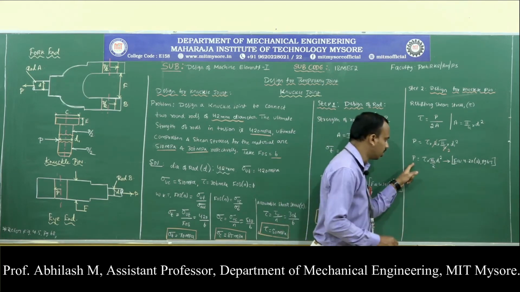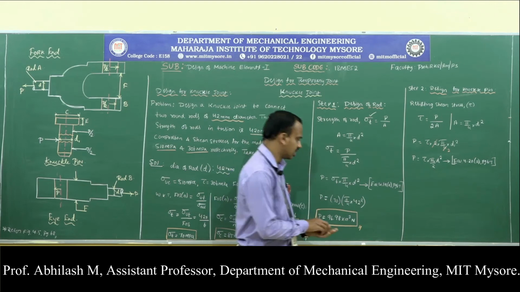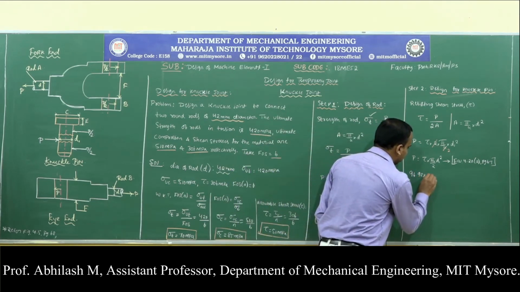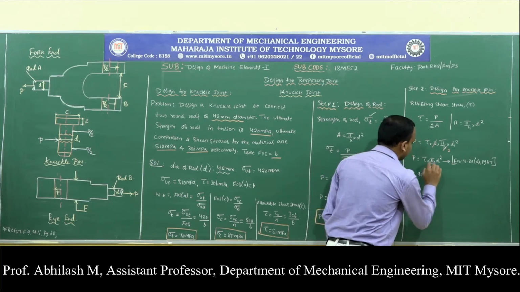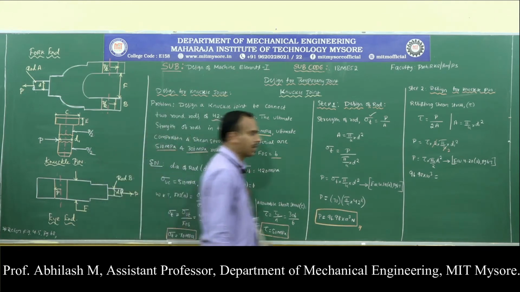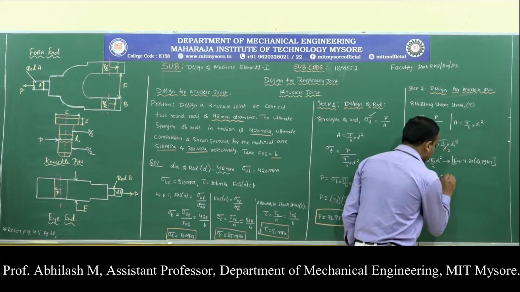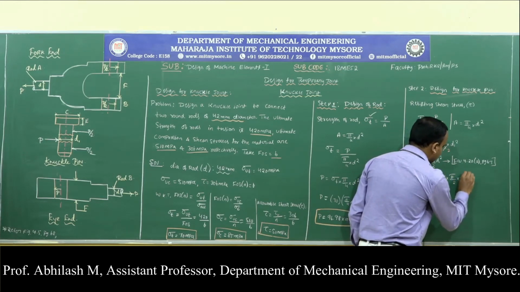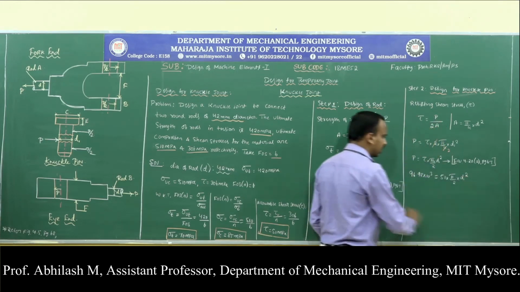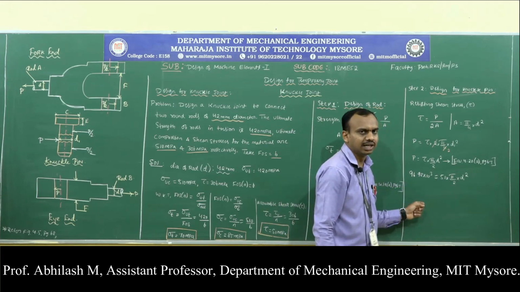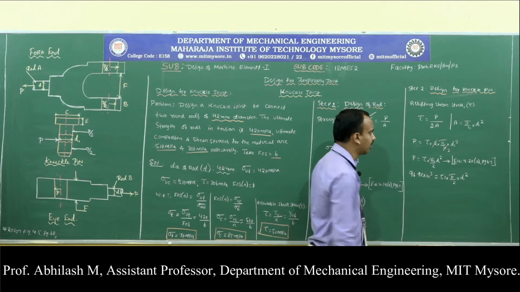Now, do I know the load? I have calculated the load, which is 96.98 into 10 to the power of 3, equal to, what is the shear stress of the material? It is 51 megapascal. So it is 51 into pi by 2 into d1 square. In the entire equation, the diameter is the unknown, so you can easily calculate the diameter of the knuckle pin.